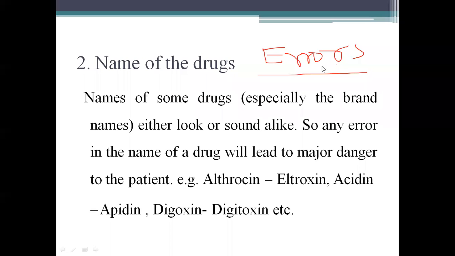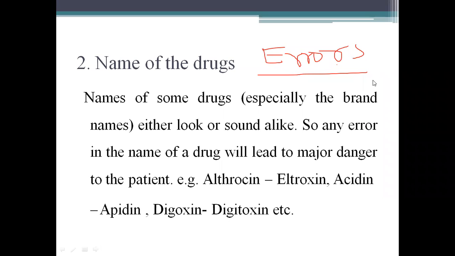Next is the name of drugs. The second error in prescription is the name of drugs. Now what is the problem with the name of drugs? Names of some drugs, especially brand names, which doctors prescribe. Some drug names are such that their spelling or their sound, the pronunciation as we call it, seem almost the same, but they are different. But in pronunciation or in spelling, in looking, they look the same. Okay, that's why